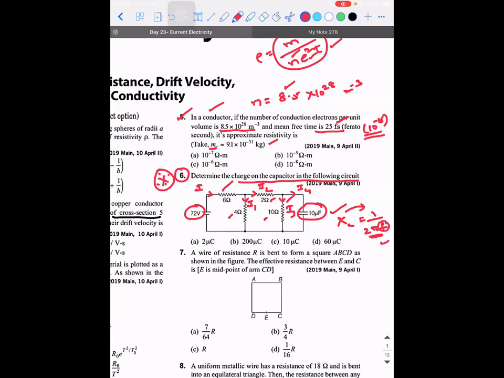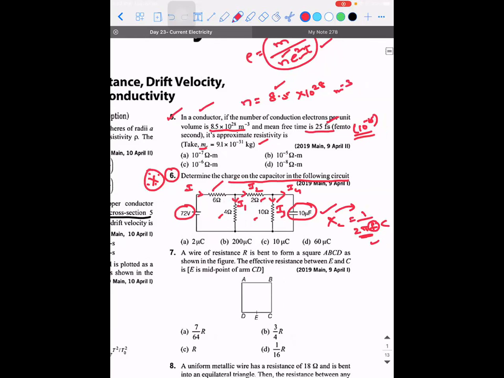So 1 by 2 pi f into C. It is inversely proportional to f. So what is the frequency of a direct current? It is 0. So when you substitute 0 here, what will be the resistance offered by a capacitor to the flow of direct current? It's going to be infinite. So whichever material offers infinite resistance will become an open circuit.